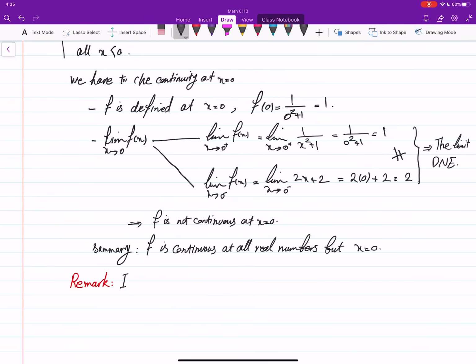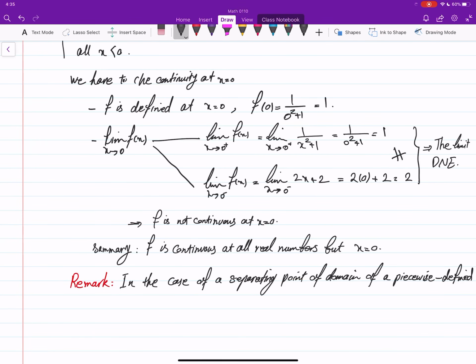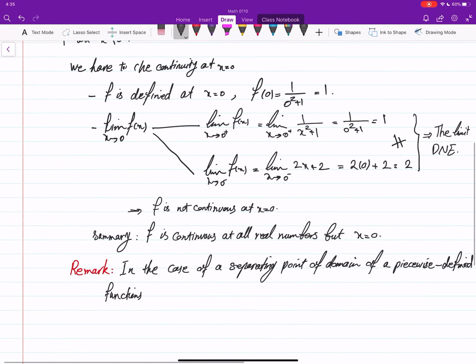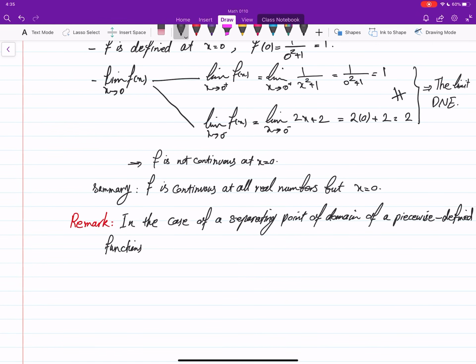So in the case of a separating point of the domain of a piecewise defined function or functions, what we do is,